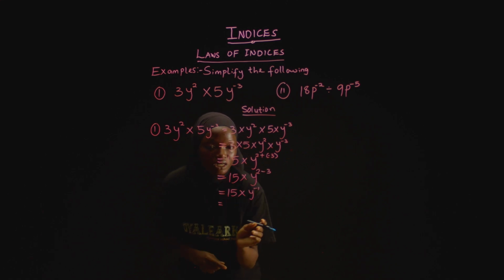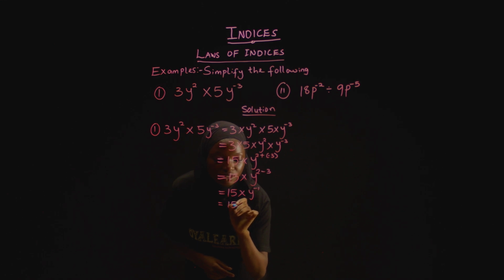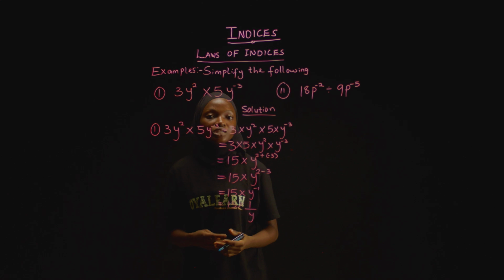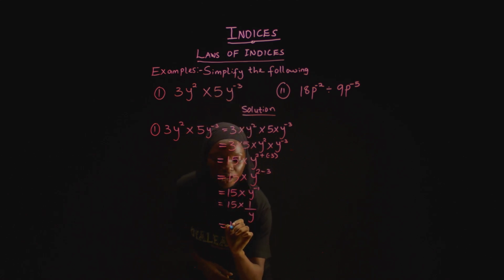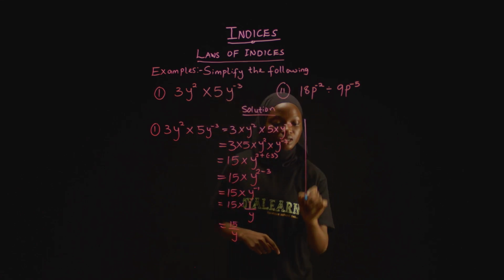And minus 1, negative power, in law of indices, the same thing as having 15 times 1 over y raised to the power of 1, but y raised to the power of 1 is still y, so here we have 15 over y, and that gives us the final answer for the first example. Now the second example,